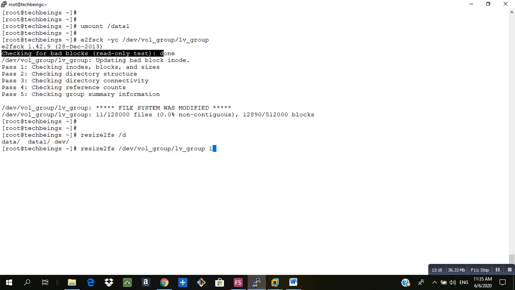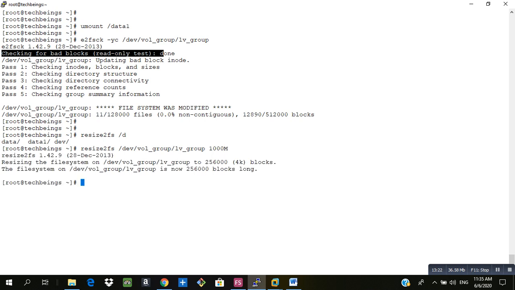And we will again reduce it with 1000 MB. So the file system is now 256,000 blocks. Earlier it was showing as 5 lakh something.